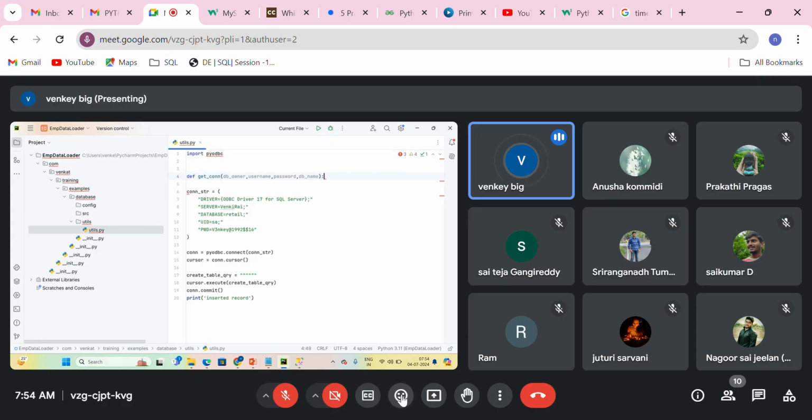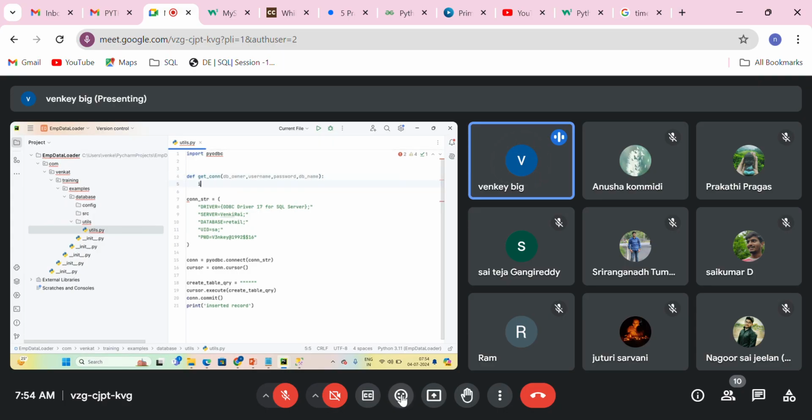This is the function that you are creating. If db_owner equals SQL Server,